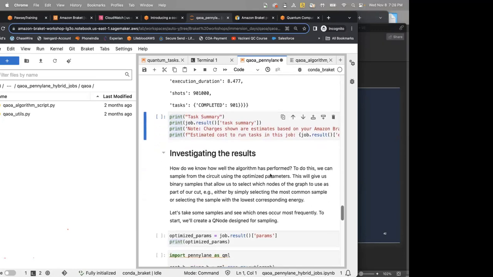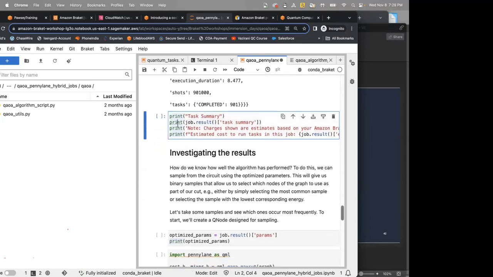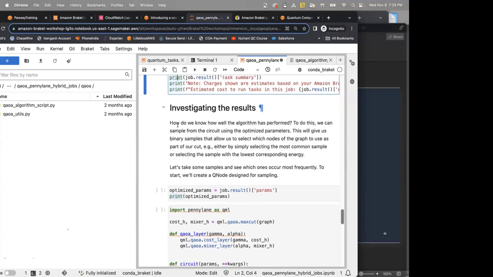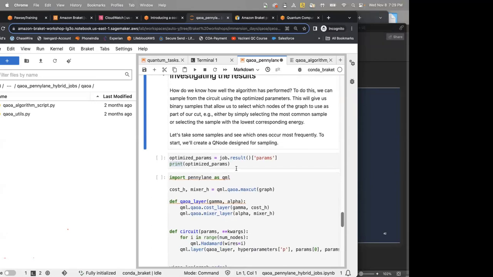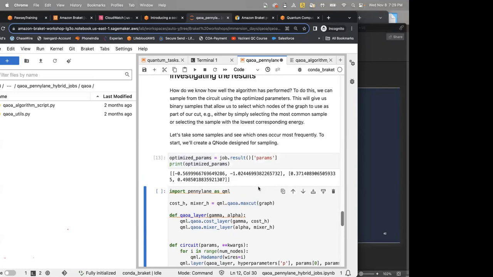Now you can look at the task summary and all. Now let's investigate the results. That is the interesting part, to see whether we have gotten the right result or not. So these are the optimized parameters.